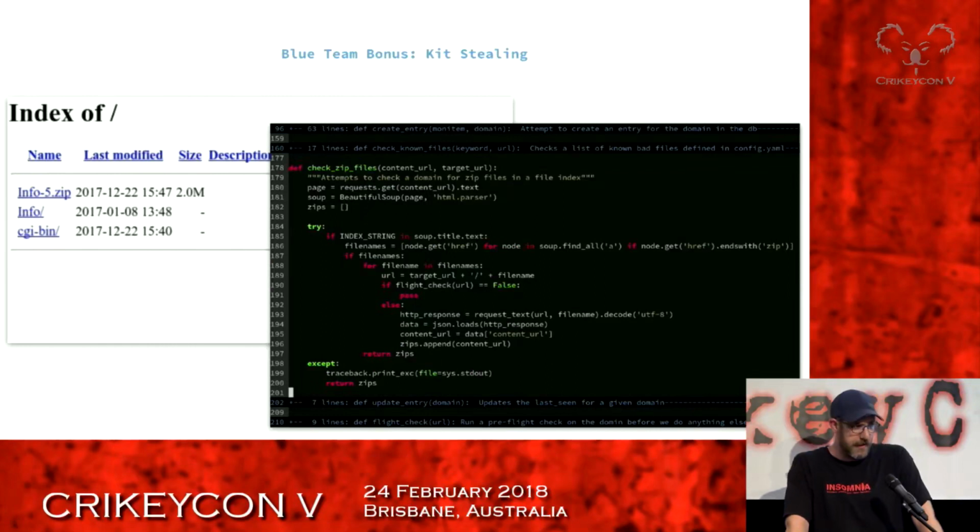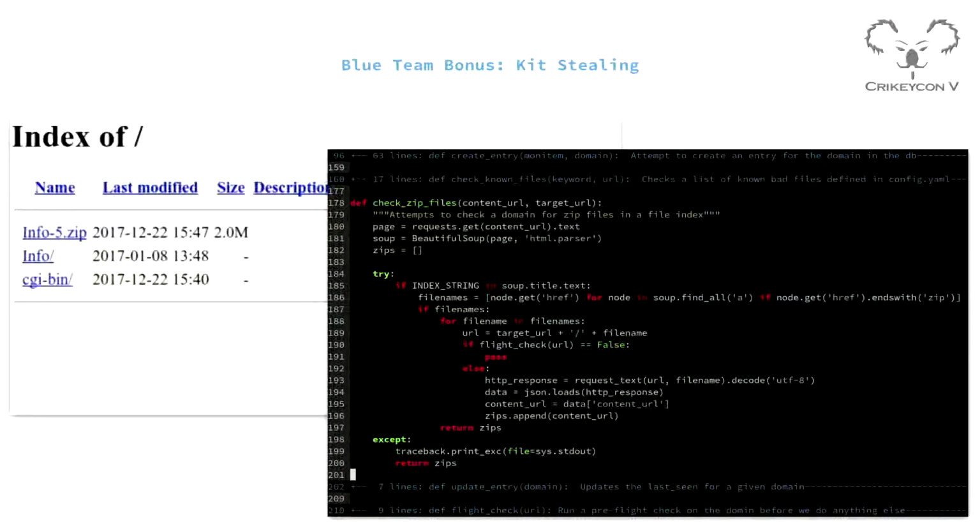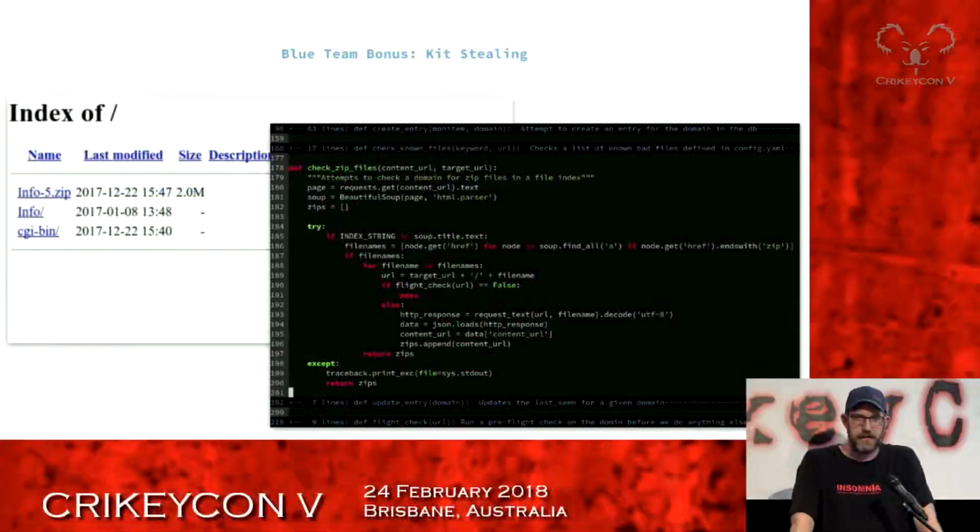Bonus, you can steal the phishing kits because you hit them so fast they haven't deployed yet. One of the things that I found is that they would set up the site through compromised cPanels. They would upload their zip file, and before they unpacked it and set up the index.php to redirect and everything else, there'd be a zip file there. And I was seeing this in the screenshots for everything I was taking, and by the time I'd go back and revisit it, the zip file would have been deleted or they've configured the site correctly.